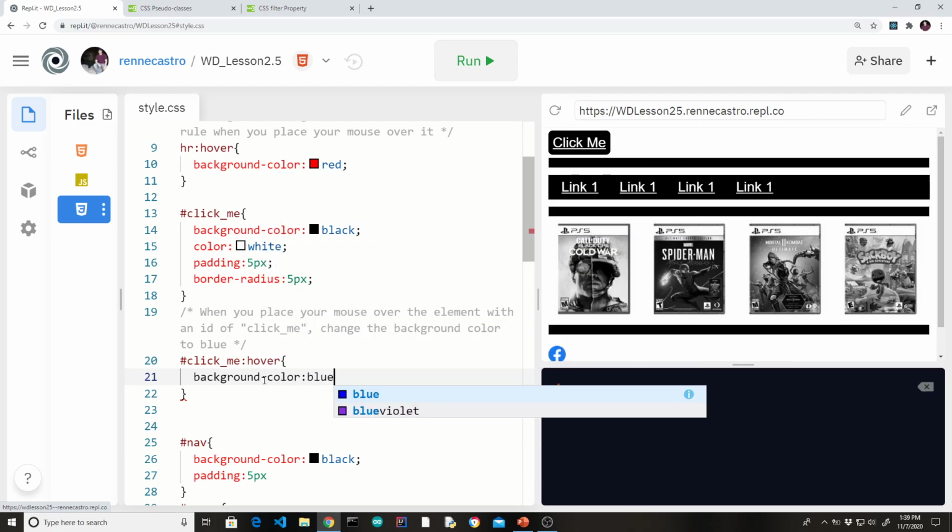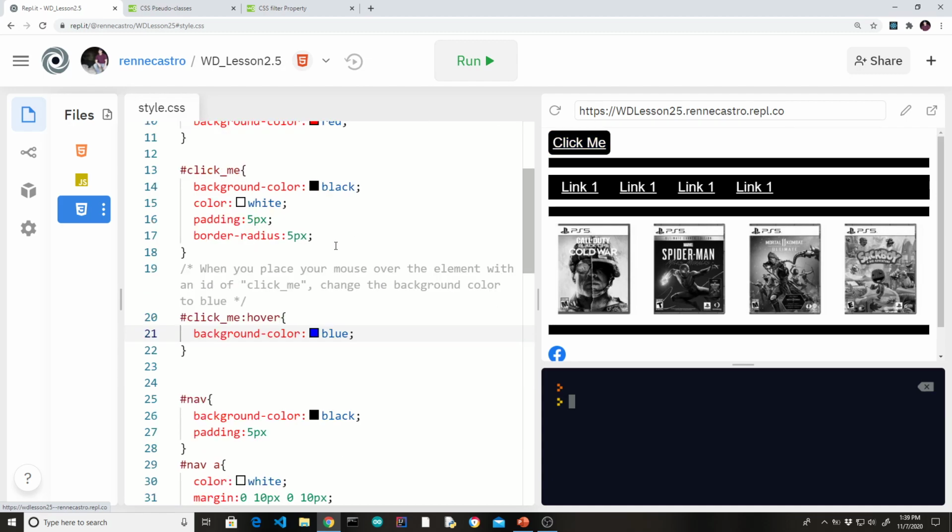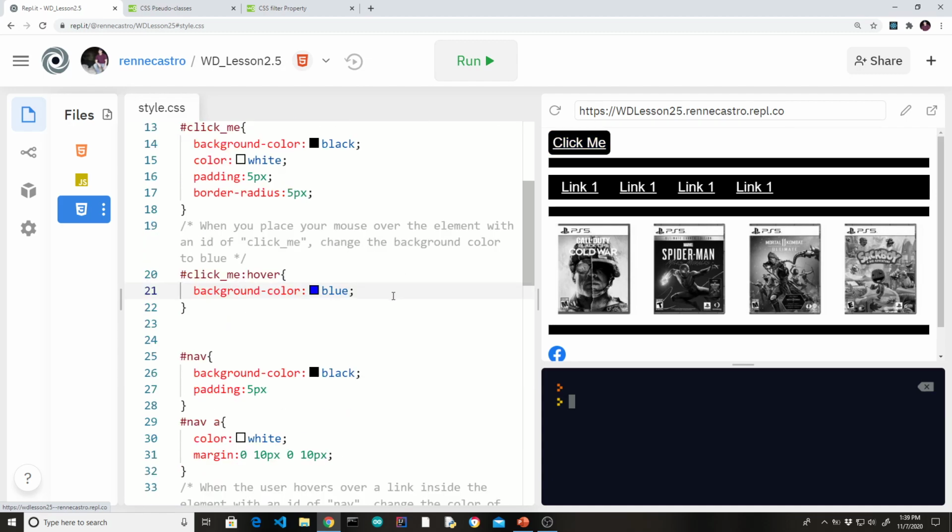And let's say it was blue. So let's do blue. Let's run it. And that's a nice effect. I mean, you've seen this in plenty of websites, that when you put your mouse over a button, the color changes. So let's practice that again with